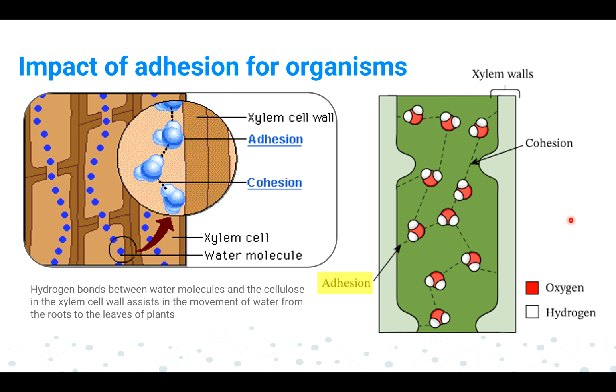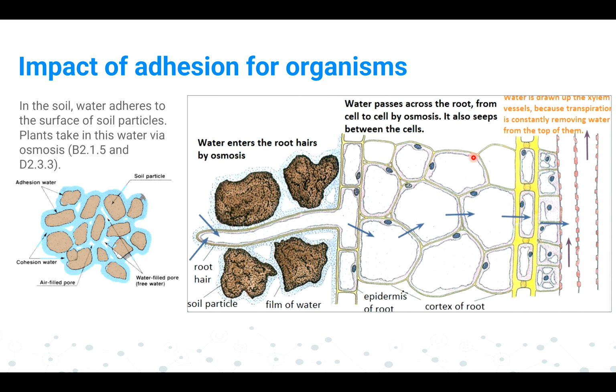We must understand the use, the function, the properties, and how these properties of water help the water to move up into the xylem tube. This is a water molecule interacting with the wall, adhesive force. One water molecule can combine with another water molecule, cohesion force. So all these are helping to take the water up to the leaf, right?